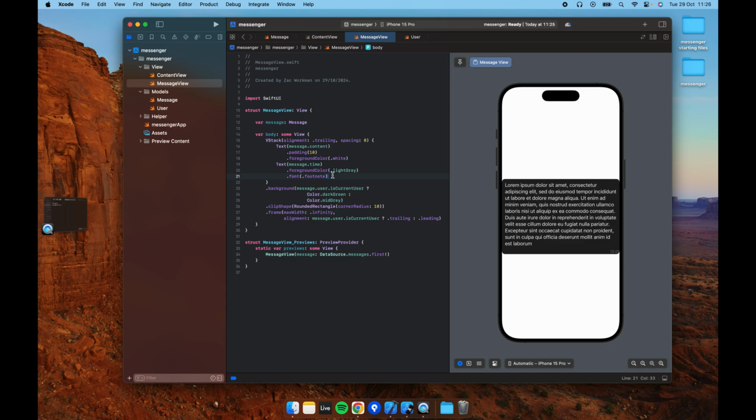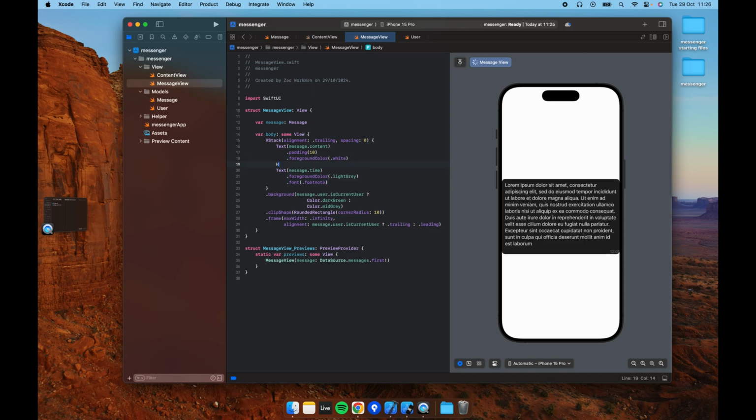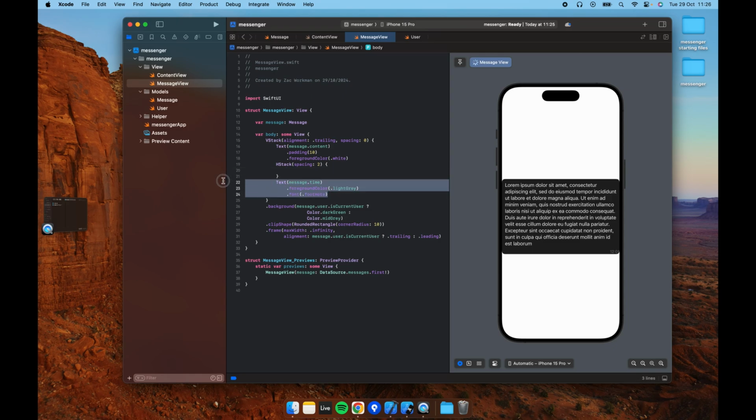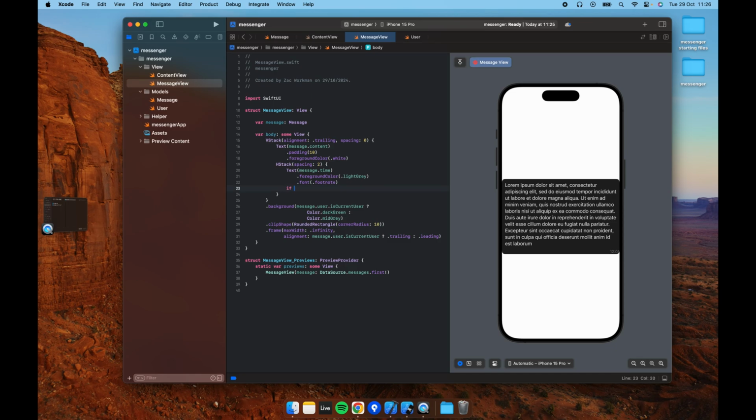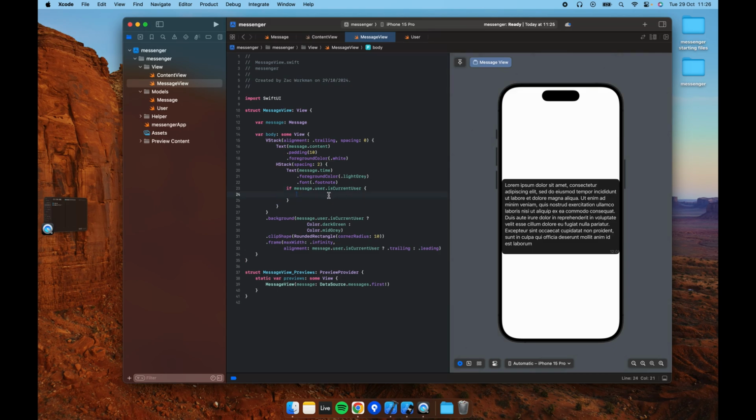Fantastic, and while we're at it, let's maybe just stick this in an HStack, and we can just set an explicit spacing of 2 and put our text in that. We want an HStack because we want the text and the read indicator to be basically grouped together within this HStack. What we're going to do is just check if message.user.asCurrentUser, then we're going to show the read indicator here,